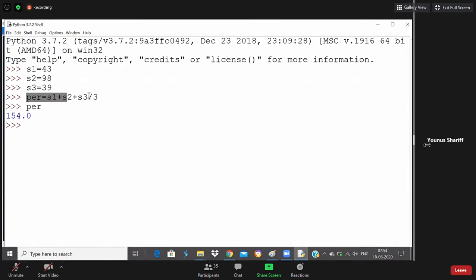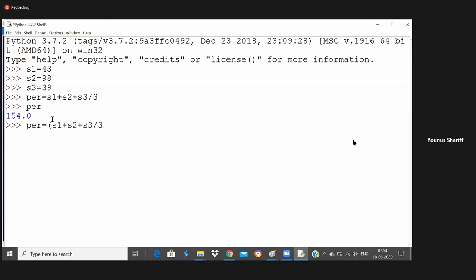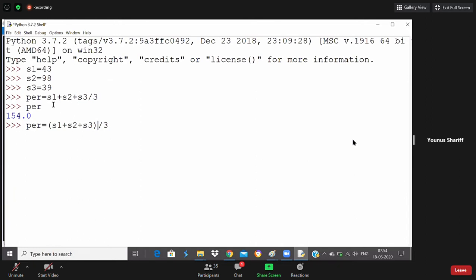So we'll copy this again, and this time we want to perform addition first, then divide, so we compulsorily need to put them into brackets. That's why the bracket makes sense here. It's a good example. I think we missed that last time, so it's good that we made a mistake and realized the importance of brackets. Anytime you want to break the priority, you can use brackets. This time when I print the percentage, it gives 60.0.